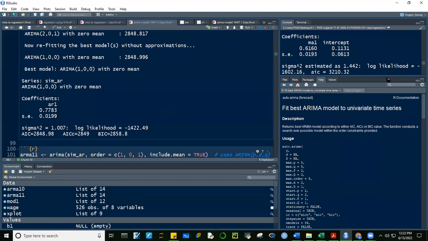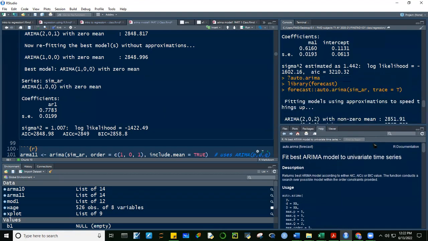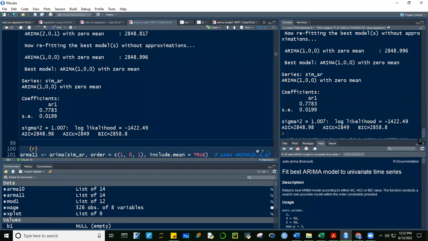So how will this model look like? So this model will look like this. Yung model na to magiging yung object natin is simAR sub t is equal to, okay, wala tayong intercept, wala tayong constant mean.